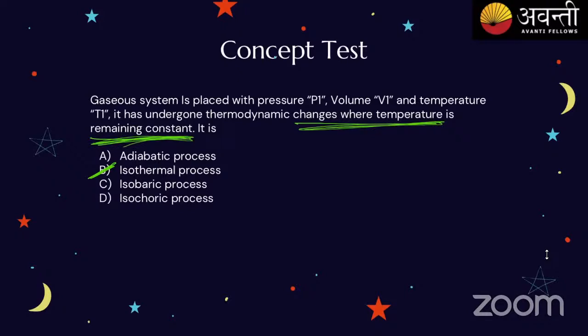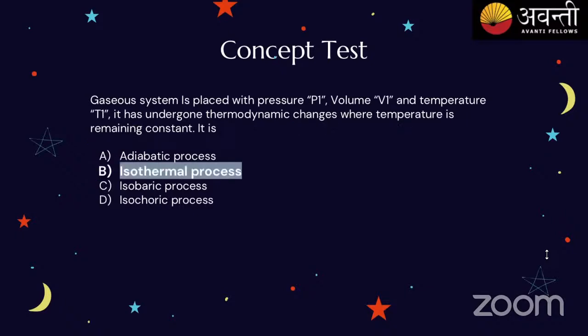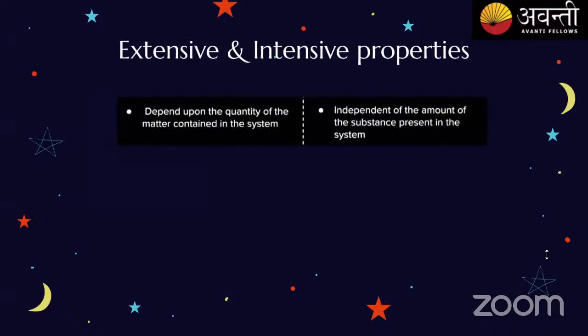Now, we'll see two types of properties. One is extensive property and one is intensive property. The main thing you need to remember is that for an extensive property, you need to see whether the property depends on the amount of matter or not. If you change the amount of matter and the property changes, let's say we take the weight of a compound. If you take 10 grams of compound and add 10 grams more, the amount of matter increases, and the property we are measuring, the weight, also increases, right? Yes or no?